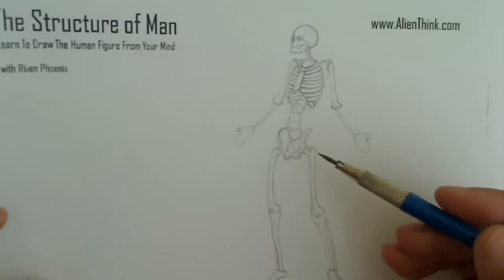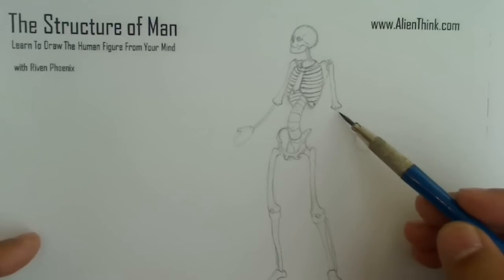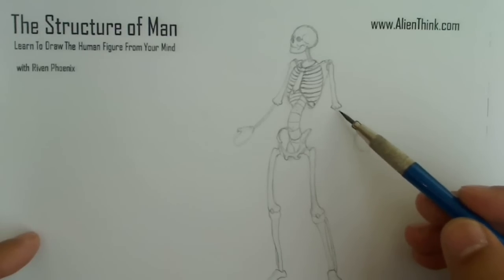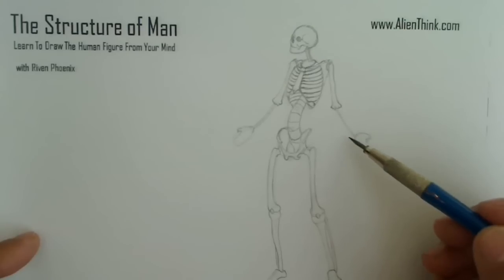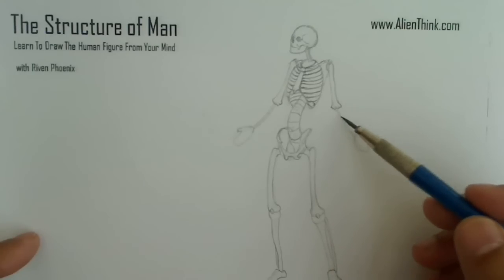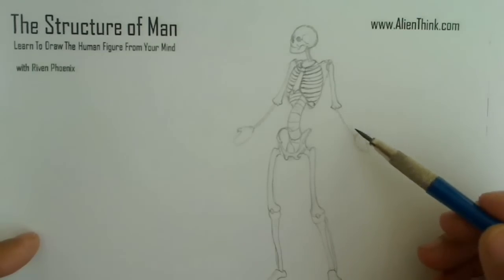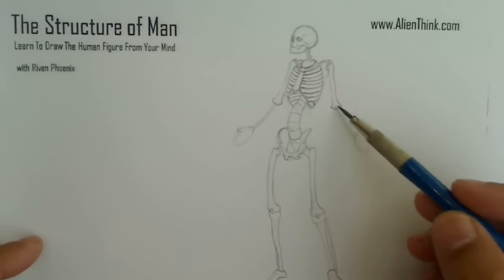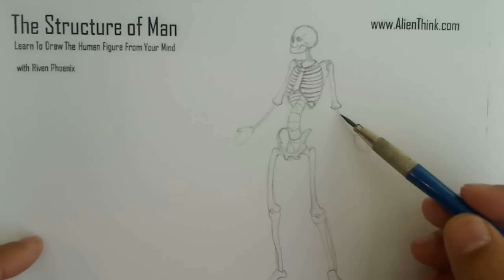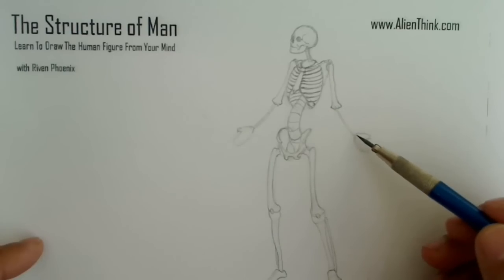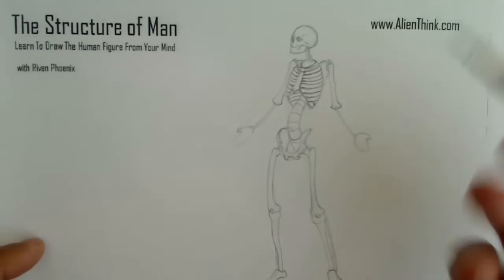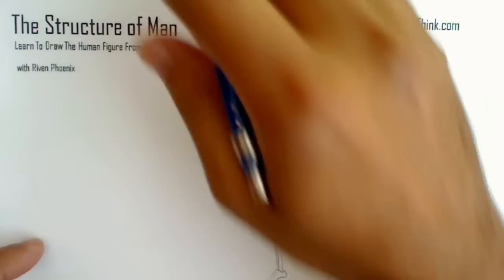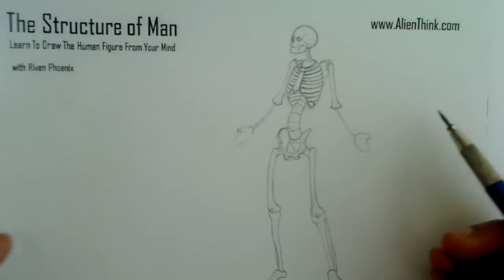Okay, what we're going to do now is begin to understand the two new bones that we need to invent, which we're going to call the ulna and the radius. These are the bones that define the forearm and allow the hand to turn this way or this way. We can twist the hand.